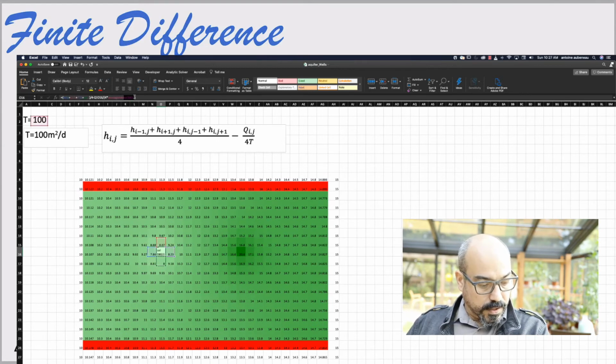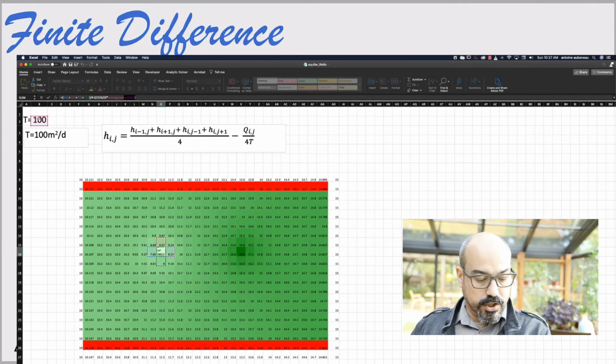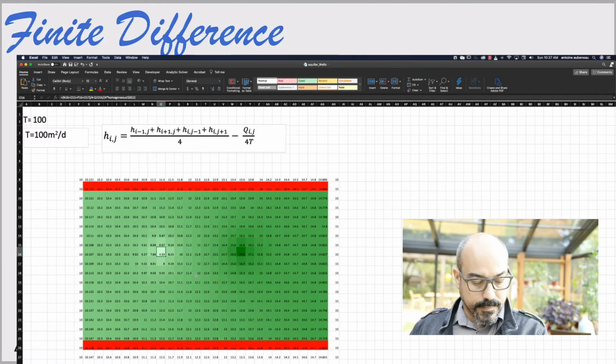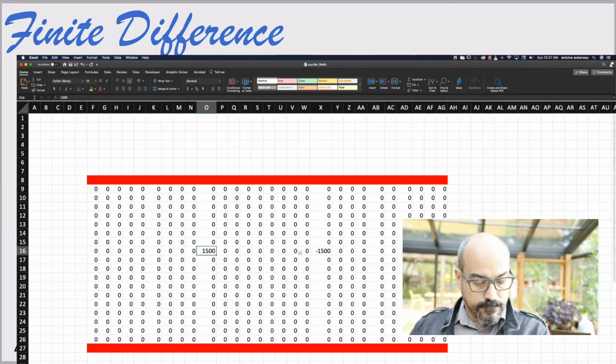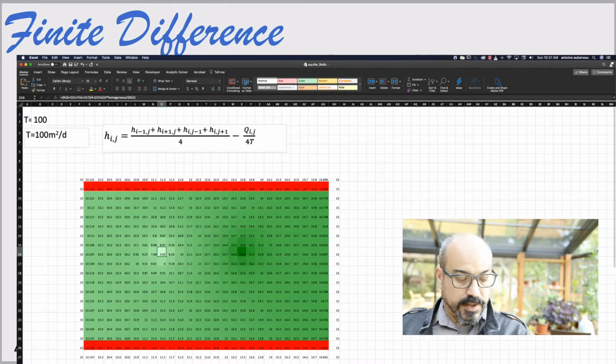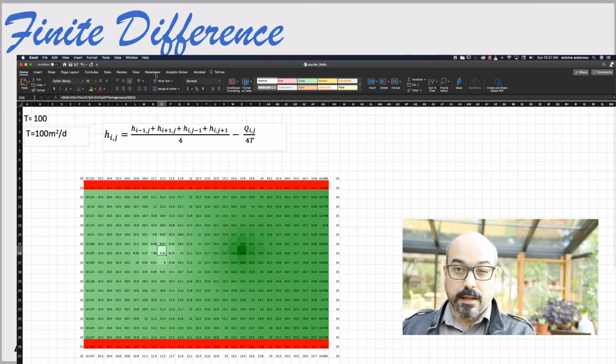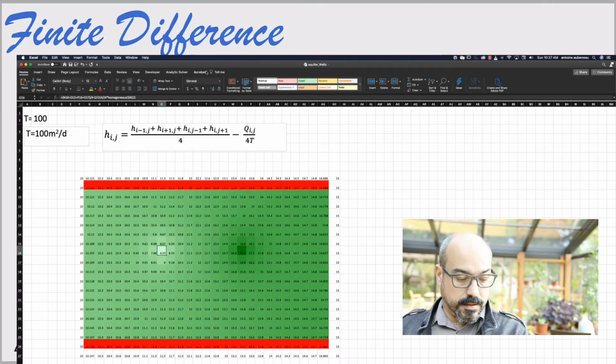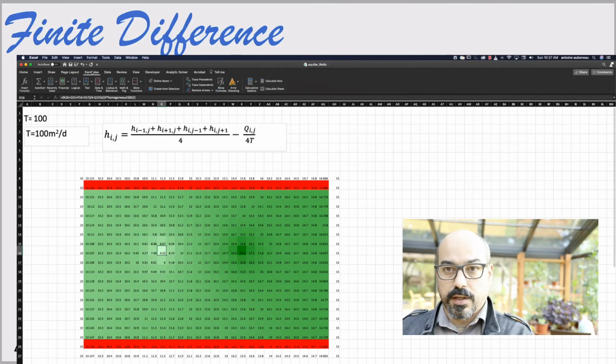Now here, if we go ahead and change the discharge right here, for example, let's write 0 here, eliminate that well. You can see that Excel doesn't automatically calculate the new result, so nothing has changed on this page. So what you want to do, if you don't know that, is turn on the automatic or